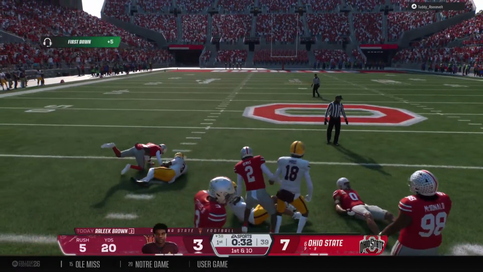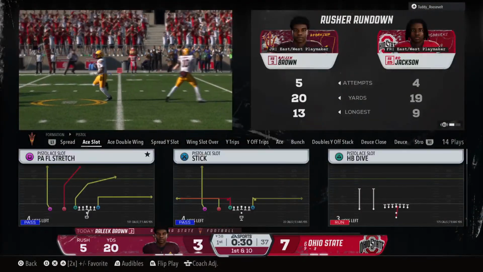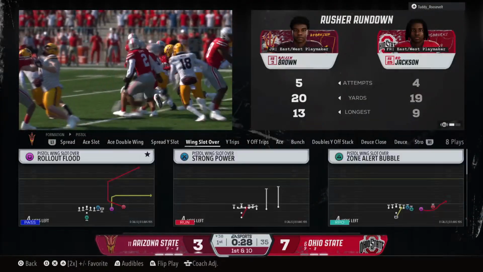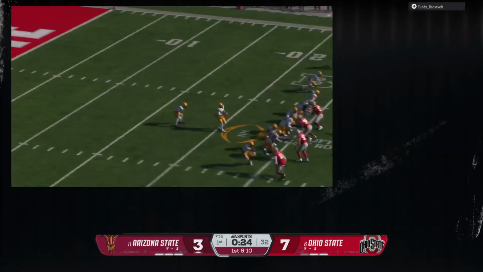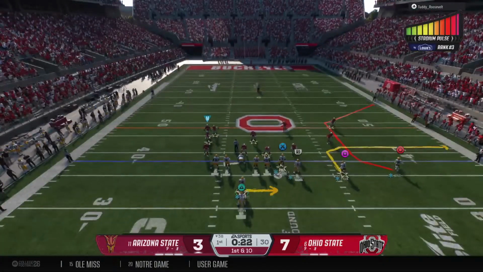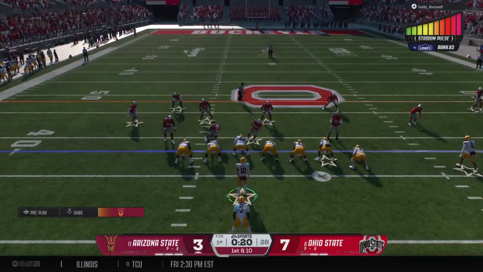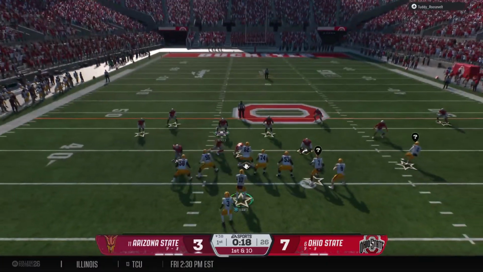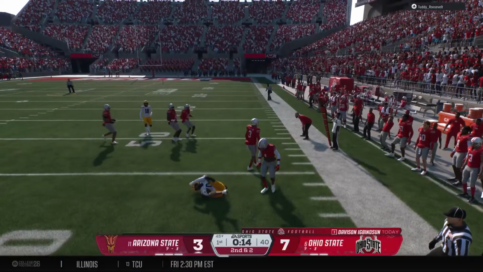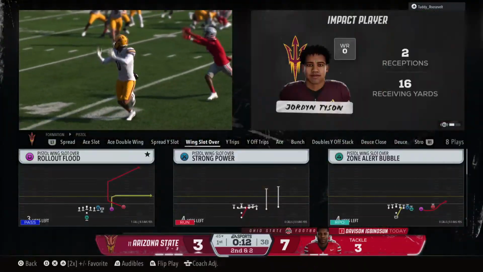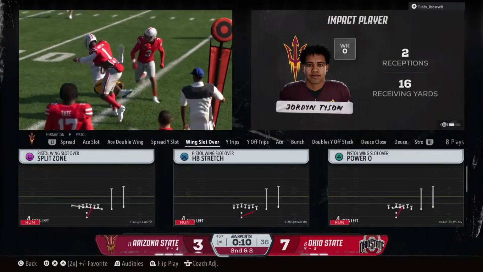They tackle him at the 38. Solid gain. Nice play there. Boy, just a great play by the running back here. Just finding his lanes and exploding through the gap when it opened up. 1st and 10 play coming up. Offense looking to throw the ball. Catch made on the out route. They make the tackle, but that pass creates a solid gain.